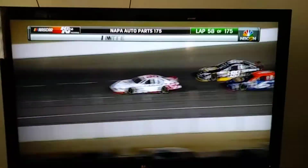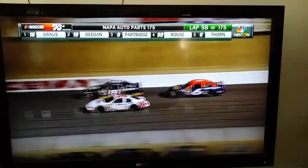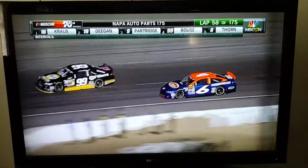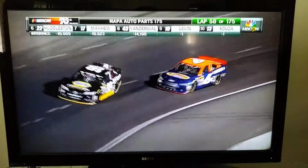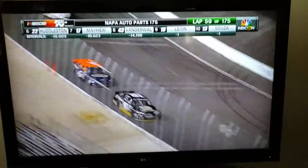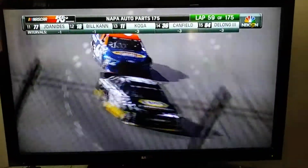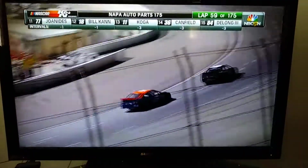I mean, this place is so cool because, oh, wow, Thorne got loose there. So he's been using that apron to help it turn. He's been de-wedging the car down there. But what happened there is with that lapper in front of him, he probably just got a little excited on the throttle, used too much of the apron and got pretty loose, and now he's lost a little bit of time. But it's just so cool to watch these cars go around here side by side like they have lap